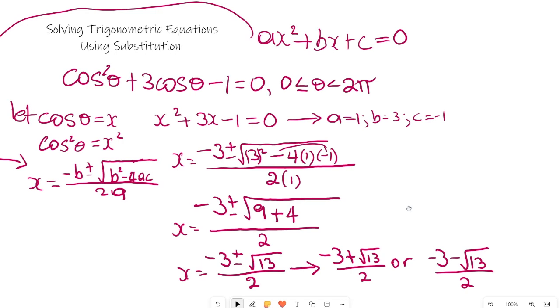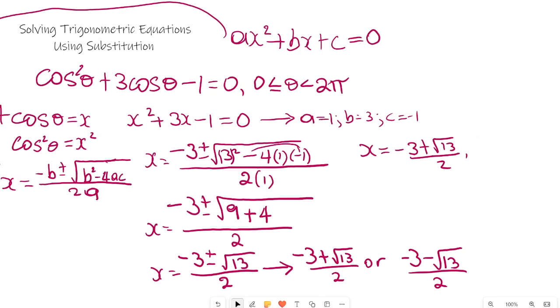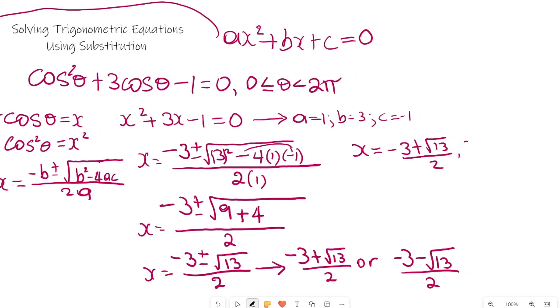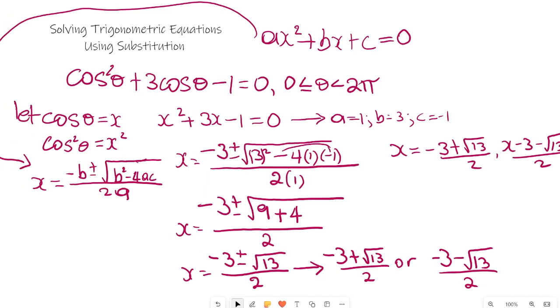Because if we're saying that this is x, negative 3 plus root 13 over 2, that's the first x, and then negative 3 minus root 13 over 2. So if we're saying that these two are x, well, it also means that we also said that what? If we go back to the beginning, we let